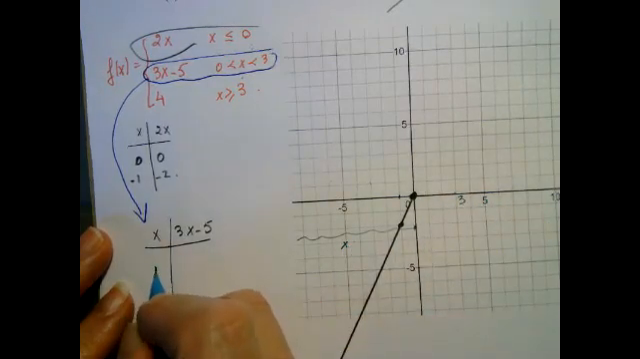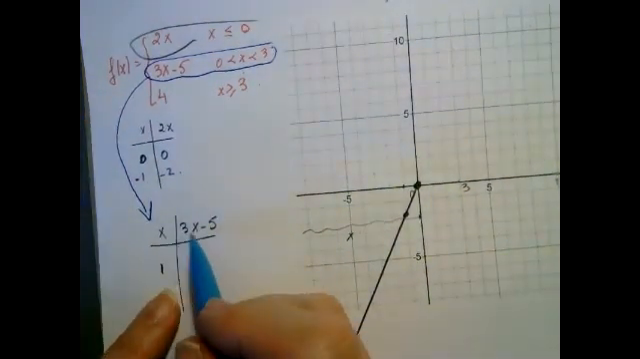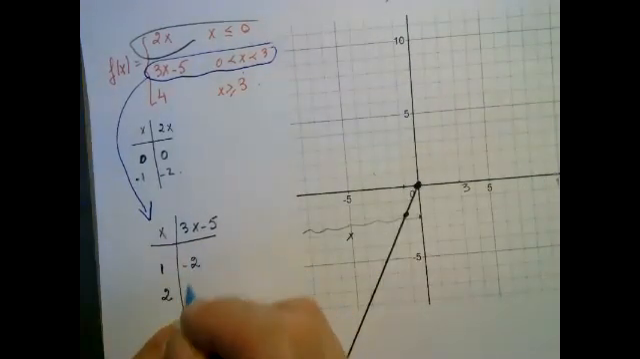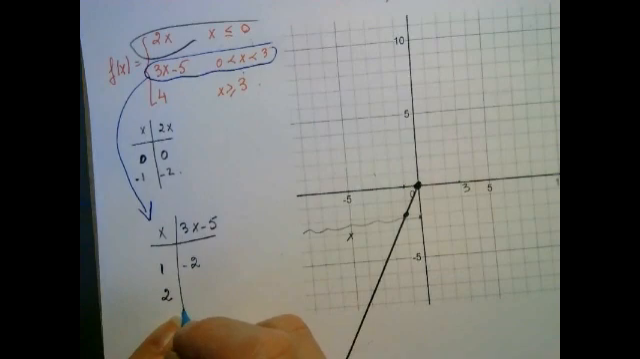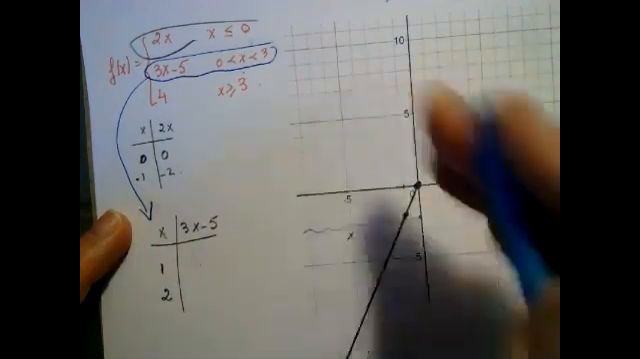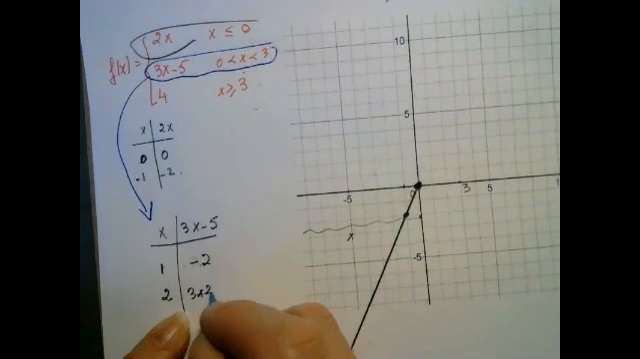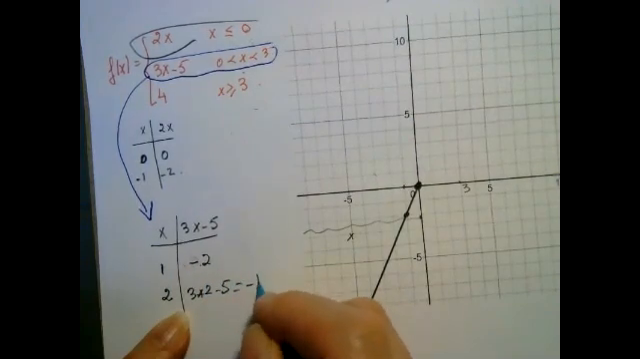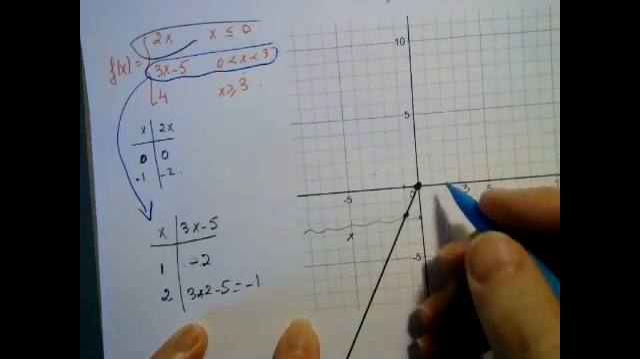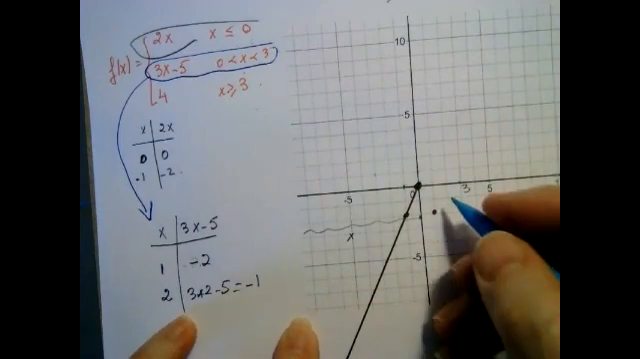Okay, so she tried 1 and 2. Then I'm going to make a little bit of a comment. So 3 minus 5, which will give me -2 in here. Am I right? At 2, I will have 3 times 2 minus 5, which is 6 minus 5. So at 1, I am at -2, and at 2, I am at